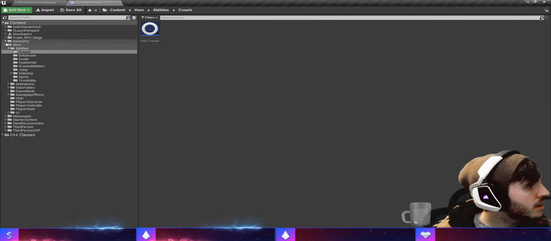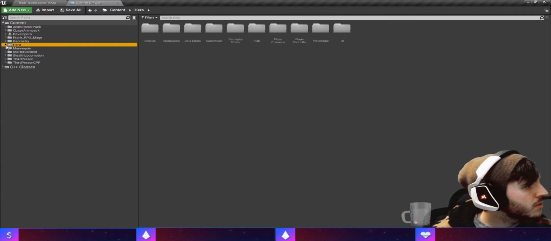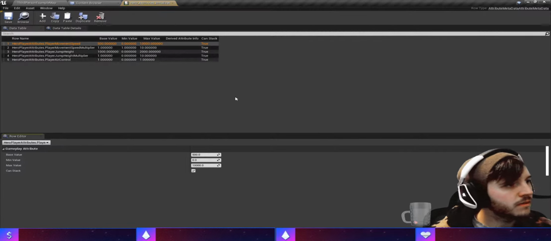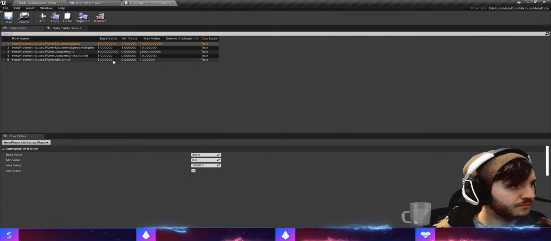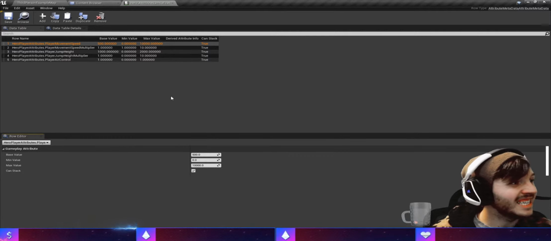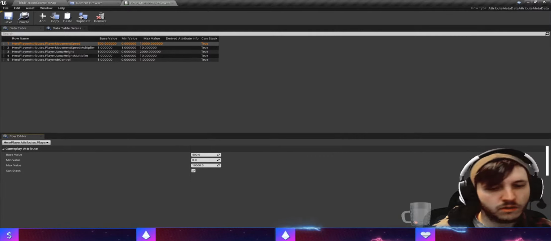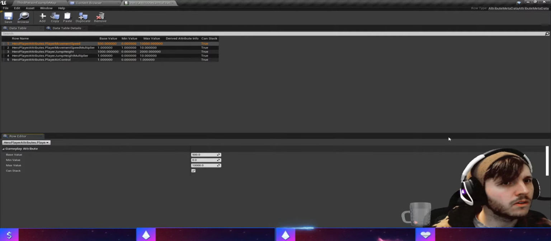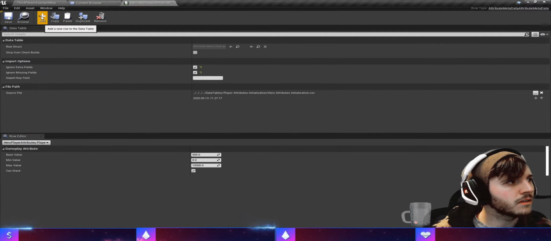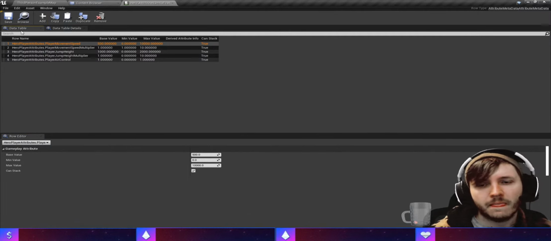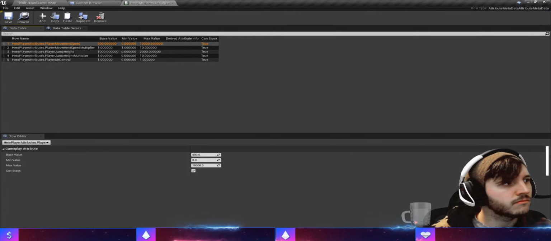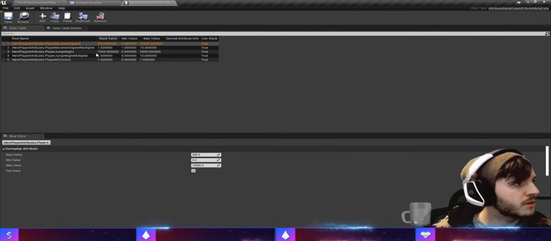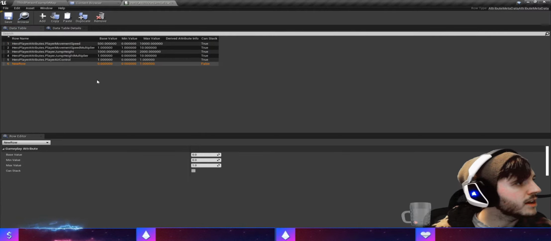initialize it. And I believe we have our own folder somewhere. Data tables, player attributes initialization. So we have a table, but we need to add it to our data table, which we could do manually, I think. Maybe not. Add a new row. I guess technically we can. Guess it's fine. I think it's fine. If I'm the only one working on it, we can kind of come back to it later. So add new row,